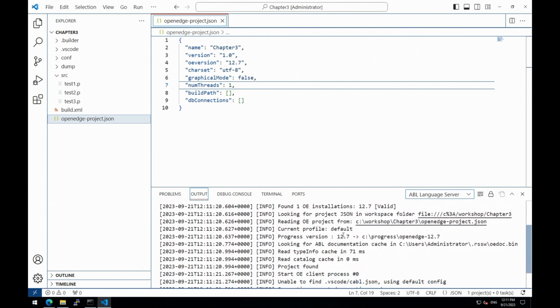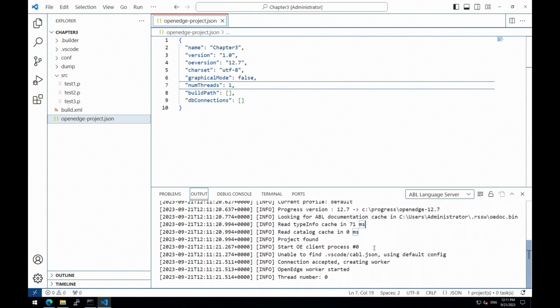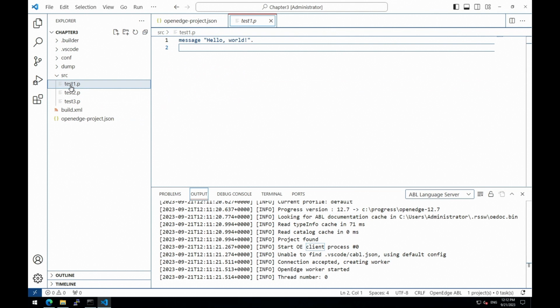So here we know that we are working with OpenEdge 12.7, which is installed in this location. We have documentation cache, multiple cache being started. We have an OpenEdge client which is being started. So everything seems to be as expected. Let's open a source procedure. So test1.p. I have everything in my source directory.